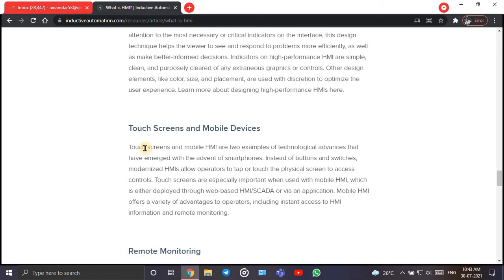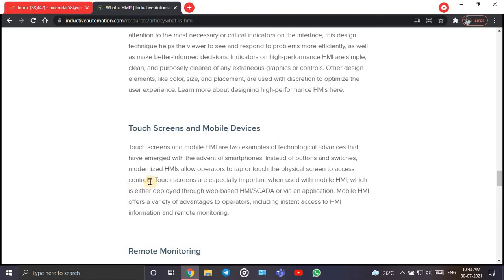Next, touch screen and mobile devices. Touch screen and mobile HMI are two examples of technological advancements that have emerged with the advent of smartphones, after the evolution of smartphones. Instead of buttons and switches, modernized HMI allow operators to tap or touch the physical screen to access controls.